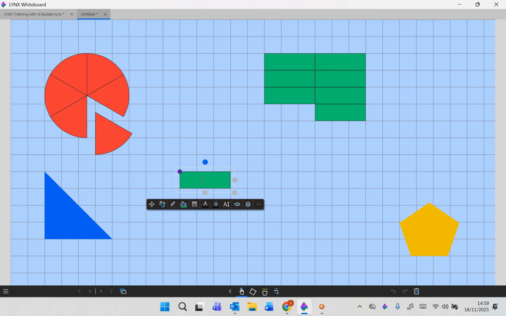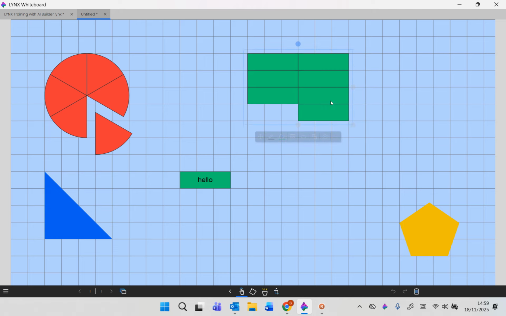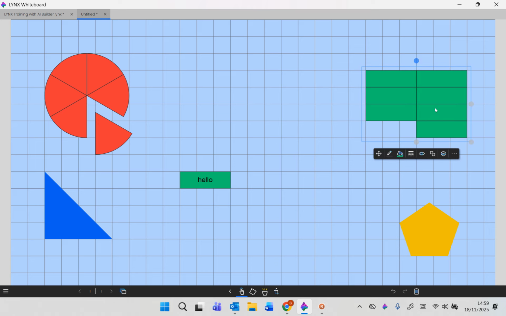And I should be able to click inside them as well and start typing and so on. So it's a quick way of making a table. So for example, I can join all these together using the group button from the floating toolbar. So they all move around together. Now,